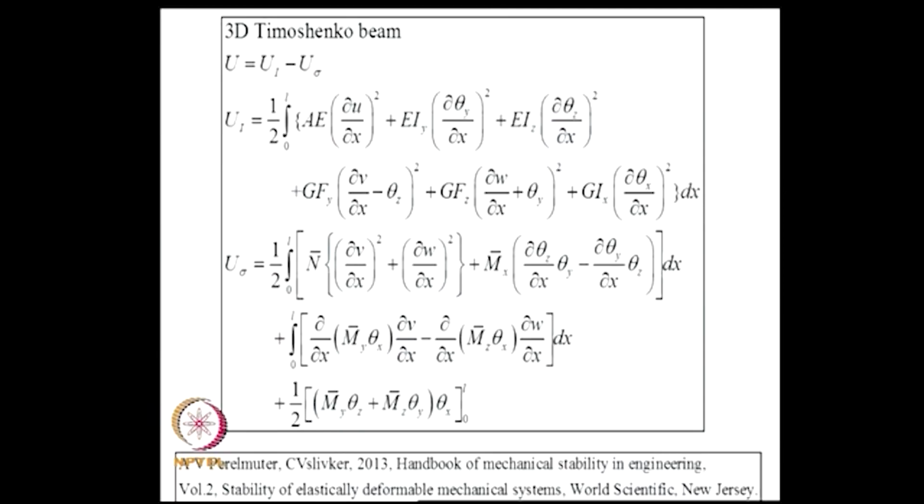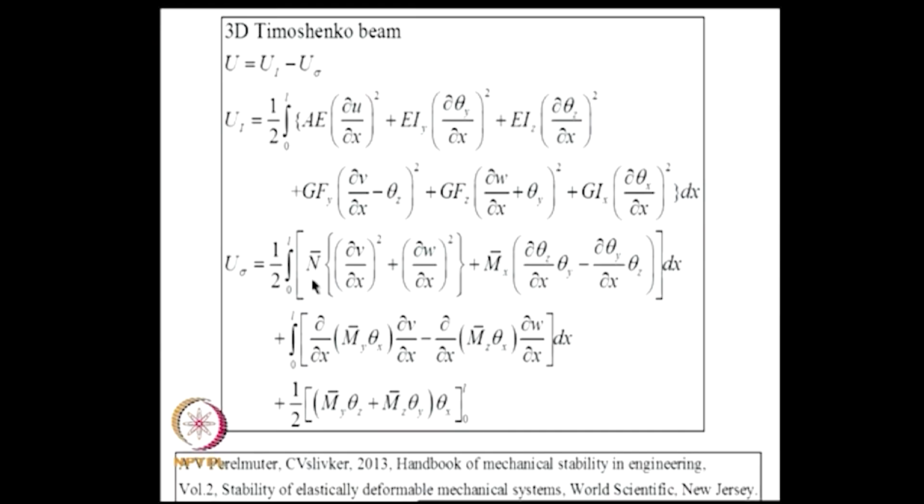Now, we can generalize this formulation to thick plates. As an illustration, we can consider a 3-dimensional Timoshenko beam, right. So, the game is now to write the correct expression for U sigma, right. So, in Timoshenko beam theory you have a postulation for the displacement field, right, based on which you can compute the strains, and using the general expression for U sigma and retaining the appropriate terms, you can always derive the appropriate functional. Now, I have just listed out the functional here for the 3-dimensional Timoshenko beam in terms of